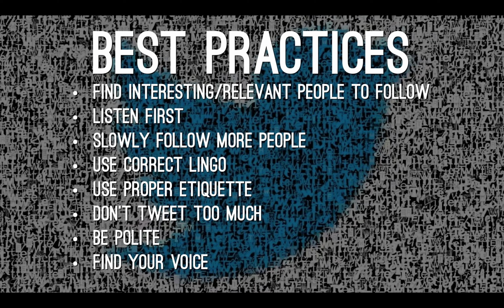You want to slowly follow more people. One of the most common mistakes that people make on Twitter is they get started and they follow 1,000 people right off the bat. That makes your account look a little spammy. So what I usually recommend is following about 50 people first and maybe waiting a week or two to see if you get some followers or some of those people have followed you. Then maybe follow 25 more or follow 50 more. But you want to slowly build that follow base that you have. You want to keep that as 1-to-1 as you possibly can with your follower ratio so that you don't look spammy. So slowly follow some people.